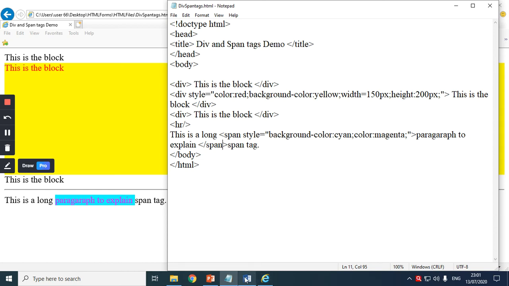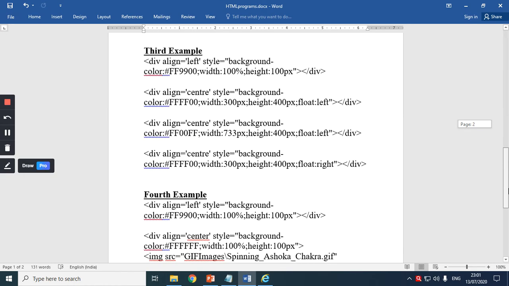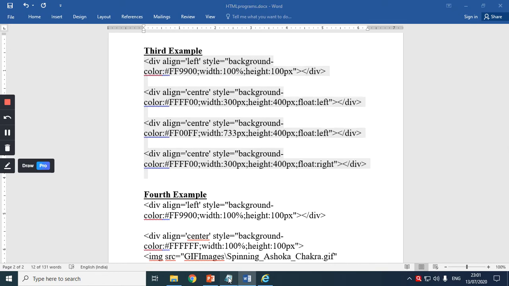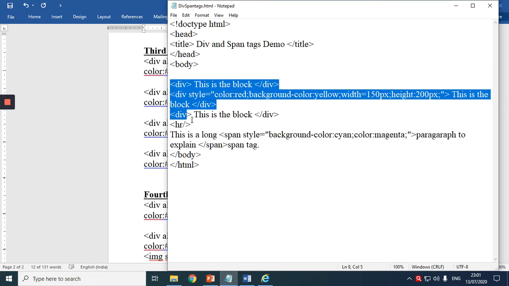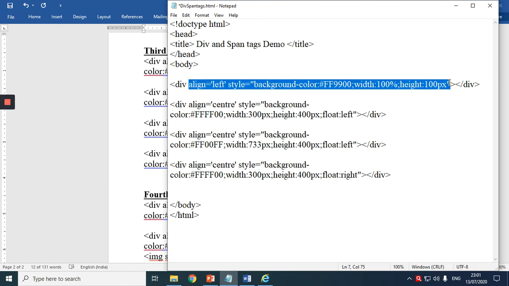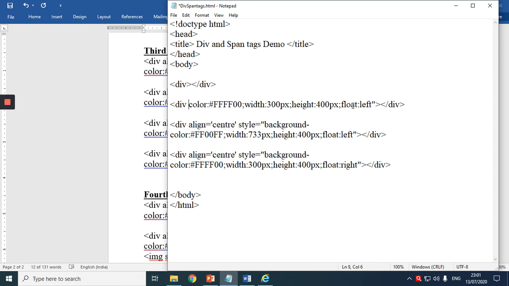Okay, now proceeding further, to understand this much better, I will change the same web page. This will not work if I copy and paste, so I'm going to change everything. I will remove all this. I'm not applying any of this.